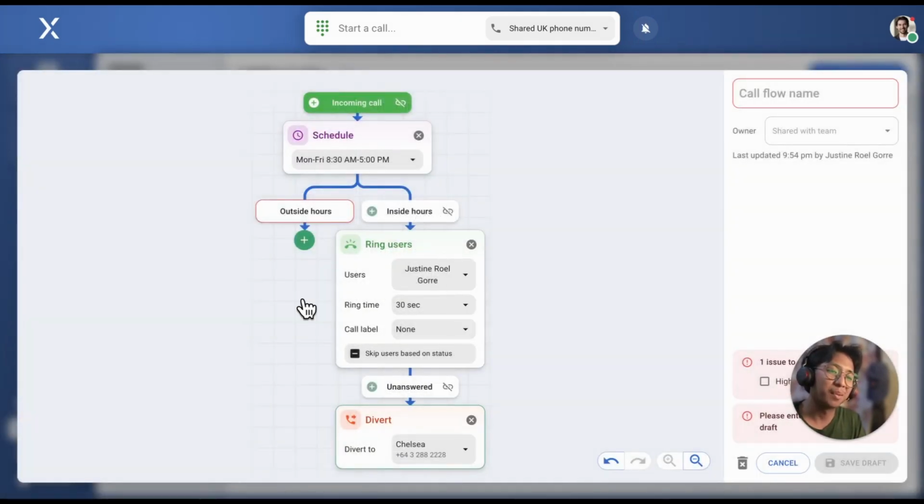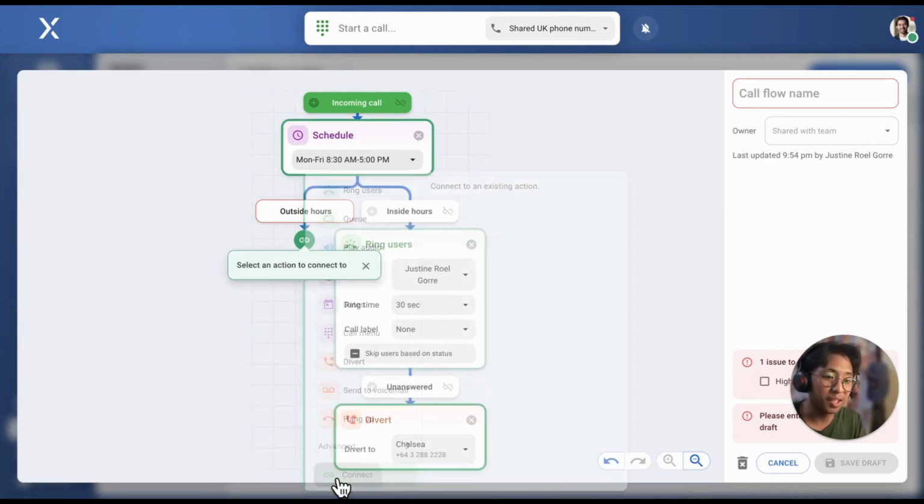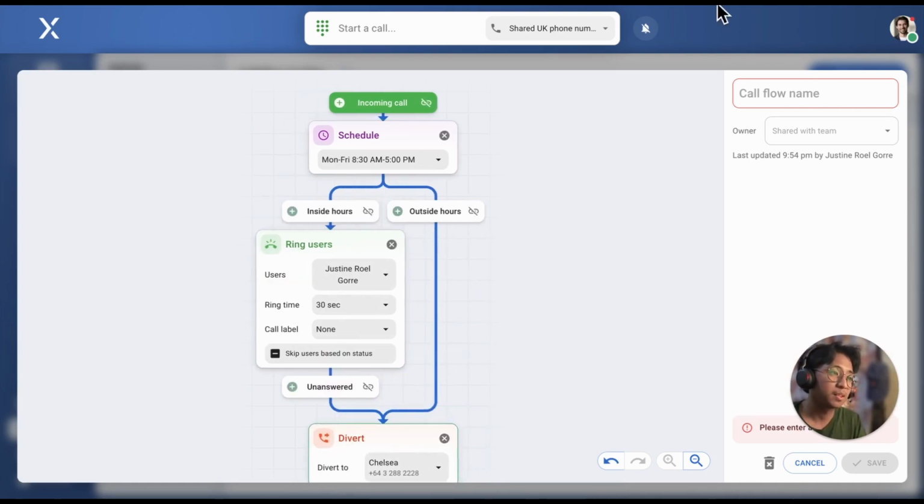And then, in my outside hours, I also want it to be diverted to Chelsea. So click the plus icon, click Connect, then click Divert. Lastly, don't forget to name your call flow. Hit Save,